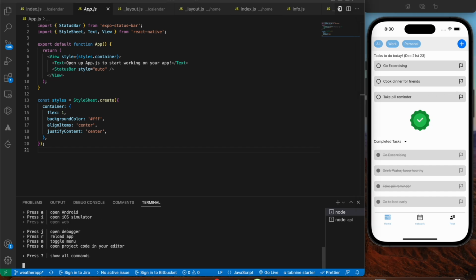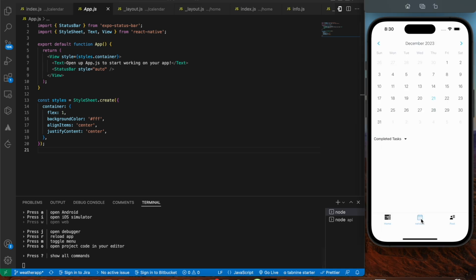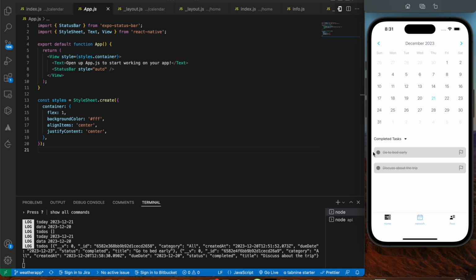Now let's move on to the next tab, that is the network tab. Here we're going to have the calendar, and we're going to show the completed tasks for that particular day. Currently 21st December is selected, that is today. Currently we have 0 completed tasks over here. Let's move on to the next one, that is the 20th. As you can see, 2 tasks were completed on the 20th, so we are going to show those over here, that is go to bed early and discuss about the